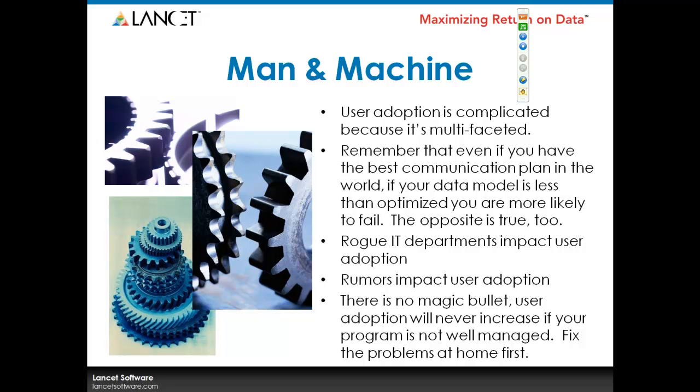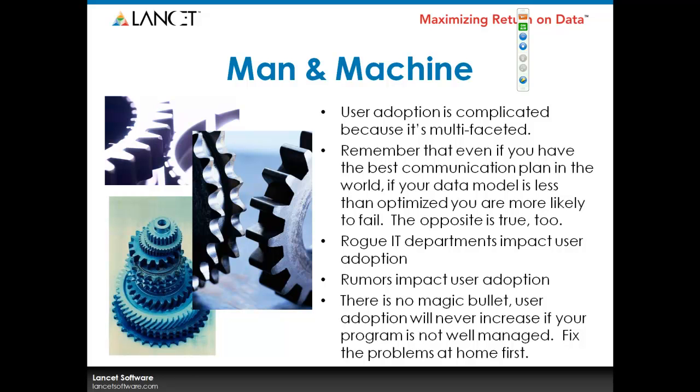So the question becomes, why is user adoption so complicated? I would feel like, and I have felt like, in comparison to doing some of the really complex things that we have to do from a data warehousing perspective, creating relational databases on very complex data and having high quality data standards for data that's not very high quality. Why is it so darn difficult to get users to adopt something as simple as a report that's supposed to